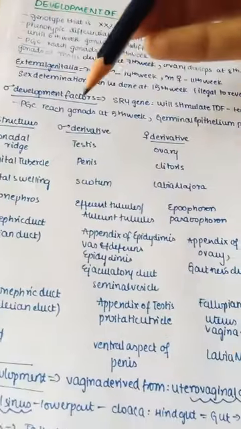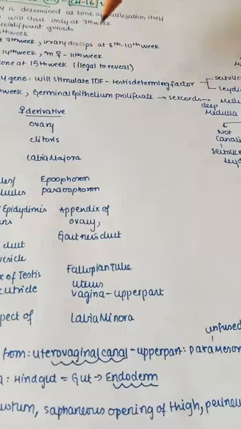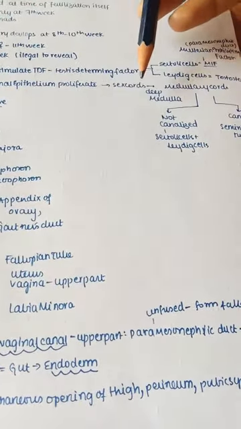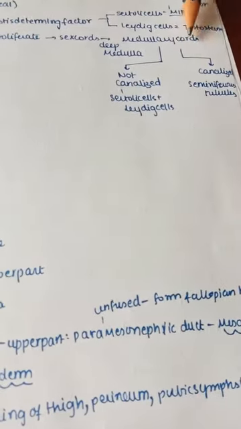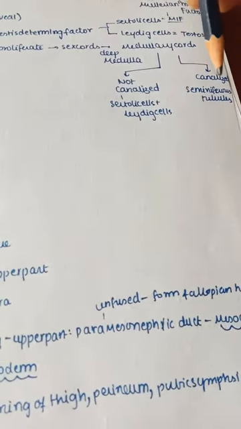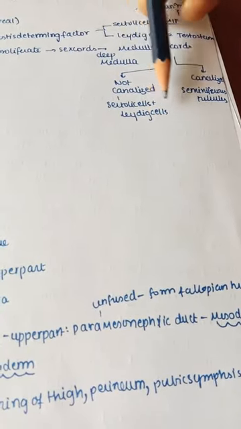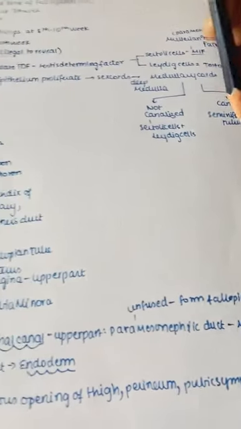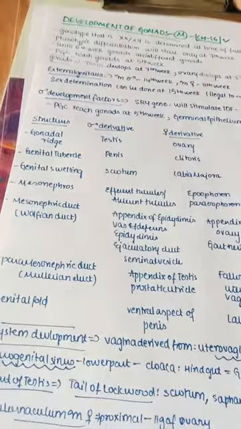And the PGC cells, whether it is male or female, reach the gonads at the 5th week. The germinal epithelium proliferates and forms the sex cords. These sex cords reach deep into the medulla and later form the medullary cords. These medullary cords are further divided, like they may be canalized or non-canalized. If they are non-canalized, they form Sertoli cells along with Leydig cells, as we discussed before. And if they are canalized, they form the seminiferous tubules, because tubules are like canals, meaning they are canalized.